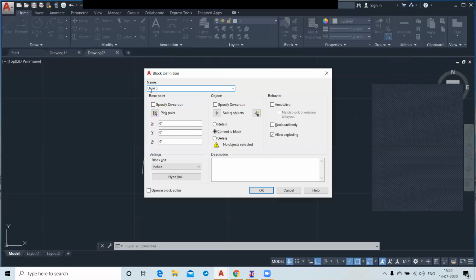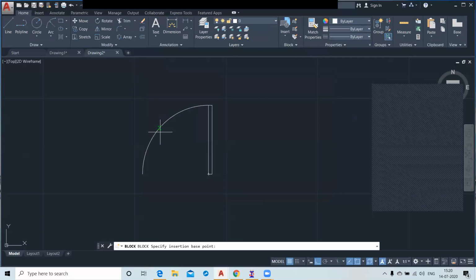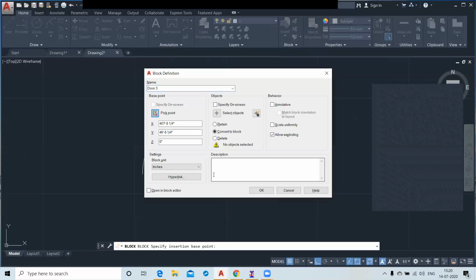This is the naming, and you have to specify the base point. You just click on pick point and specify a base point. So this is your base point, and the coordinates of your base point will be shown to you here, right?